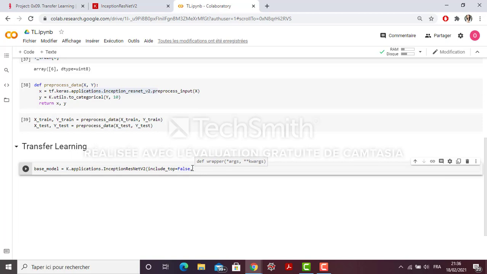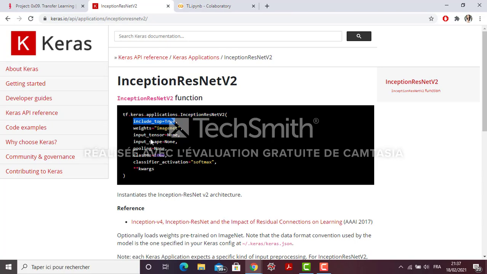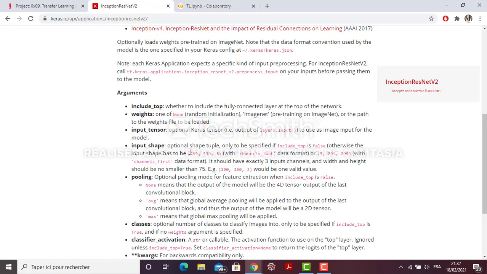After this I have the input shape, which will be a value between 75 and 299. So it expects a shape between these two values, and you have to choose one. I'm going to choose this one.